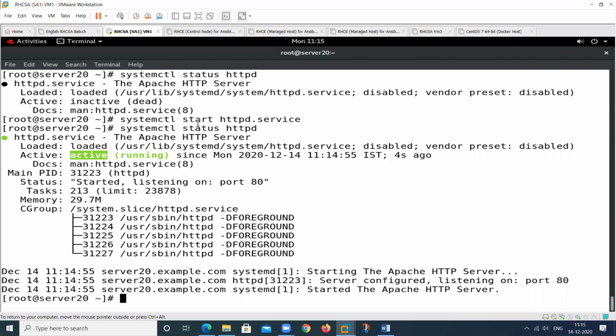So this is about starting the service, and I want to stop this service for any reason. Suppose my server has gone down and I want to maintain that particular service. For maintenance or any other reason, we should stop the service.